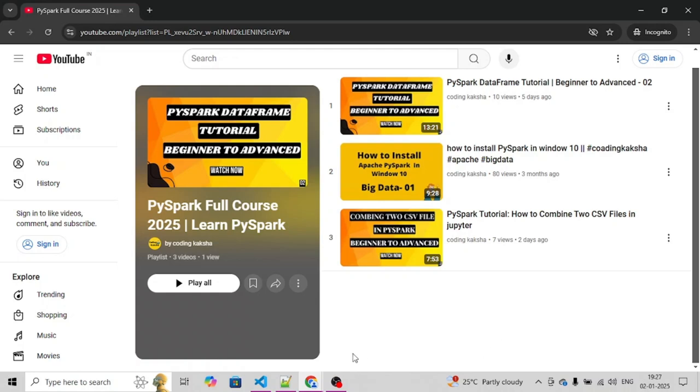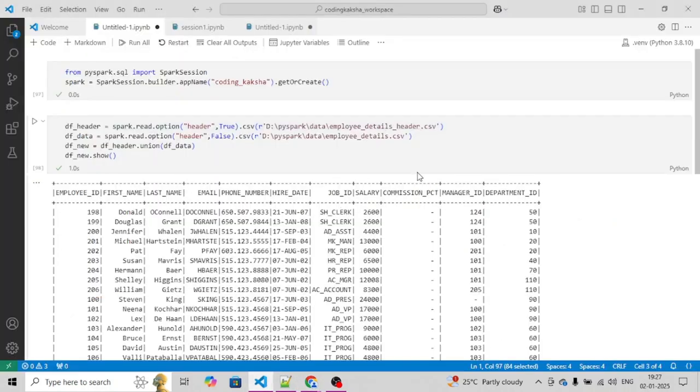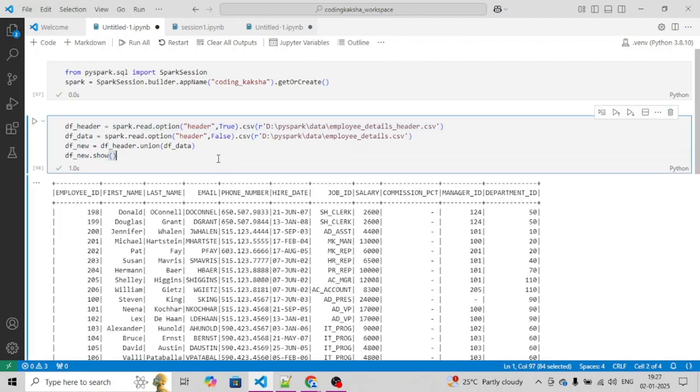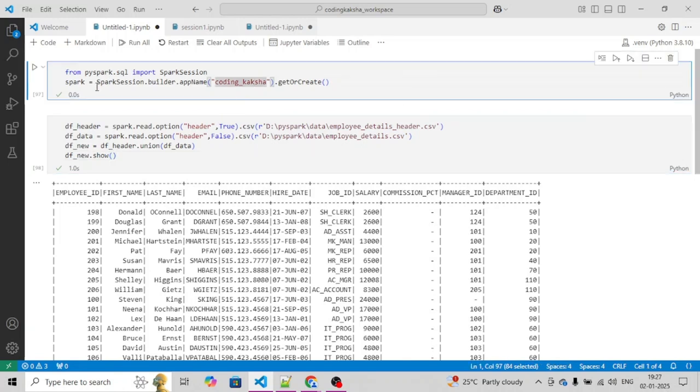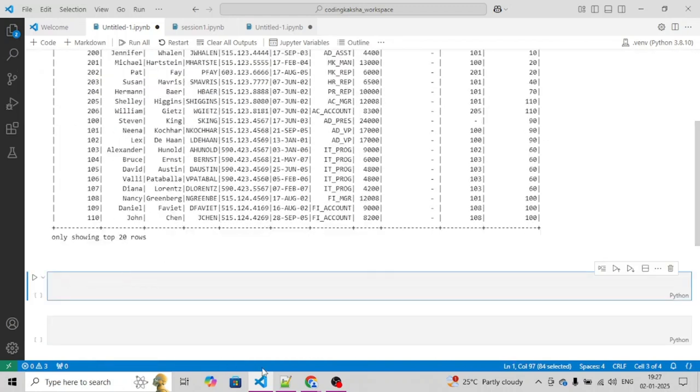In this particular video, I am going to explain multiple operations over raw files, like csv files and text files. Most probably, while handling text files, we encounter many issues. So how will we handle those issues? I have started the Spark session. My Spark session is running now, and let's see what the question is here.